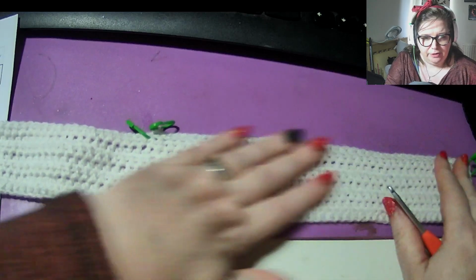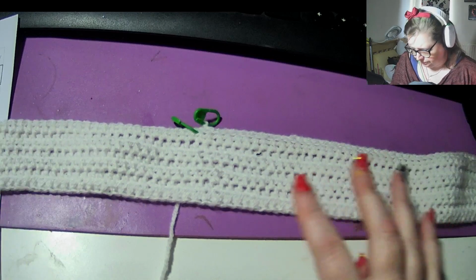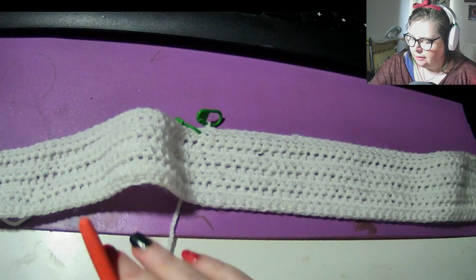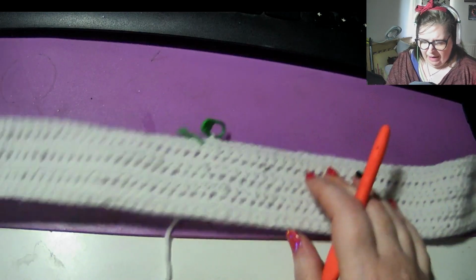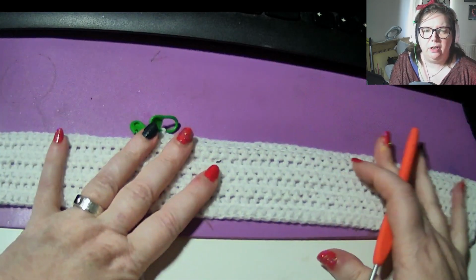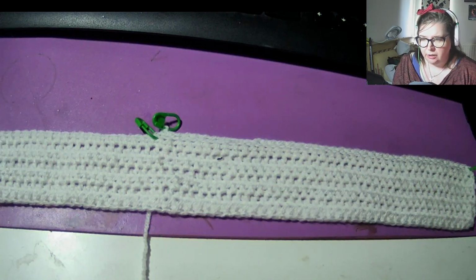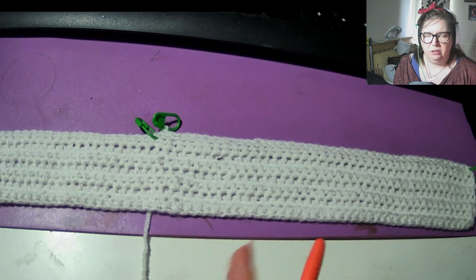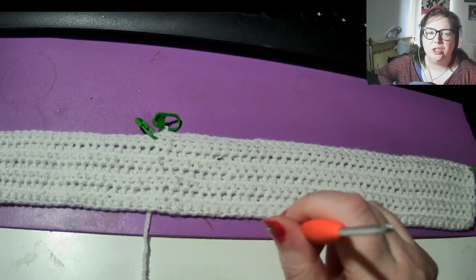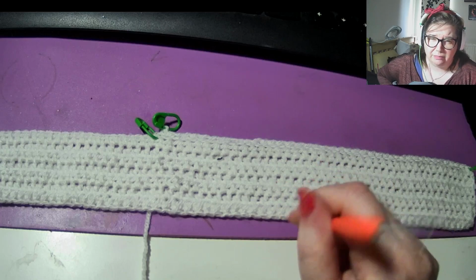I have done the first section here, so this is a 2 pattern repeat. I'm not sure how many rows that's going to be yet. I didn't bother with the maths. And what you can see is I've done a section here of half double crochets. You don't need to do that. You can just cast on,